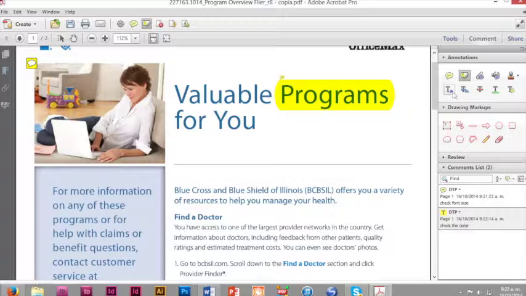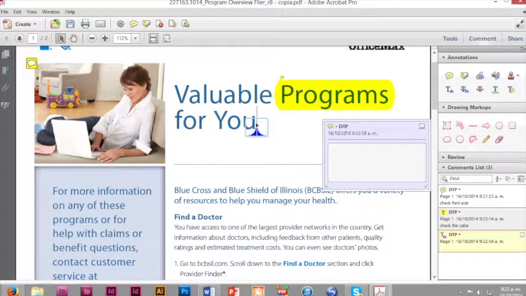Then if we need to include a text, for example, valuable programs for you and your family, and I want to add the text and your family, I can simply go here, I select the insert text at cursor, and then I click. This is important. I have to click where I need to add the text. So I click here, and as you can see, a symbol appears. That means that I have to insert a specific text